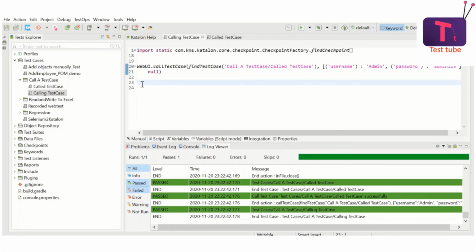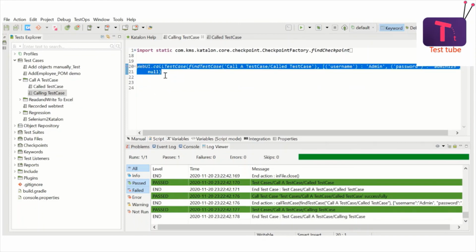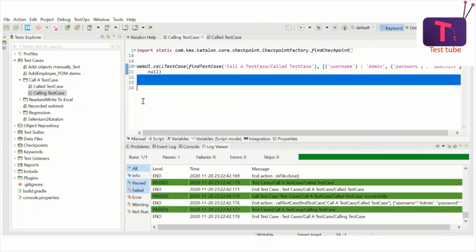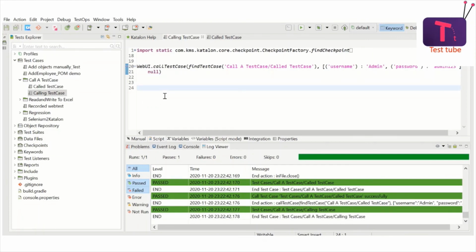For example, if you are talking about deleting an employee, first you have to add an employee. So instead of writing the code again for the delete employee test case, you call the test case which is adding an employee for you, and then write the code for deleting that employee. So that is one case where it is useful.